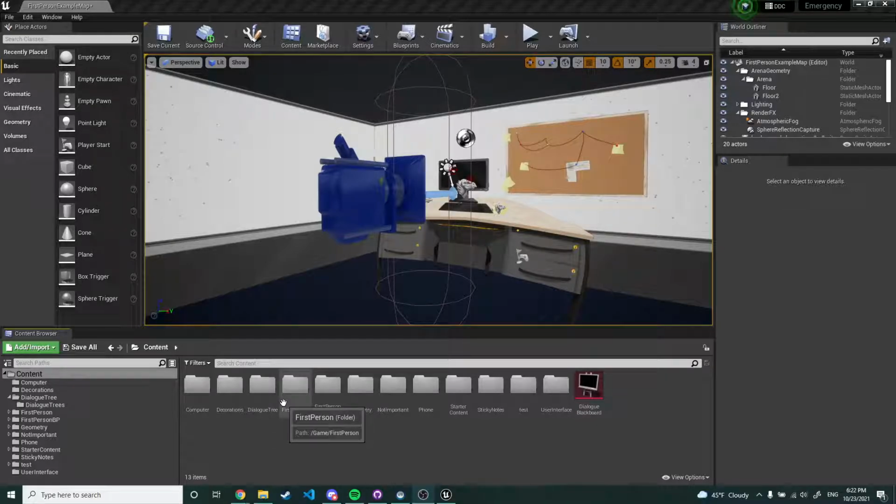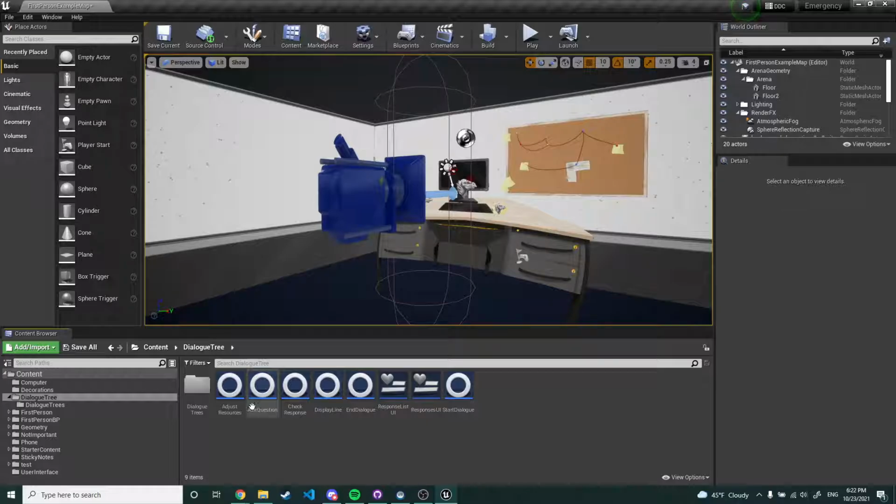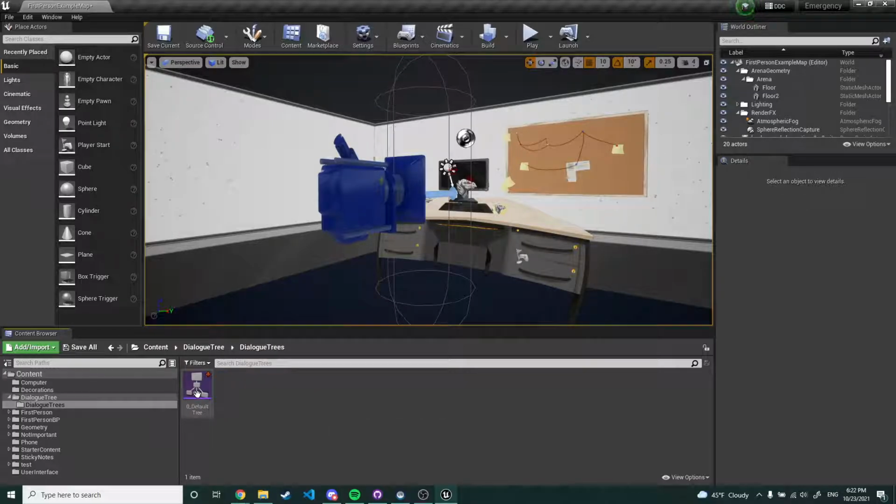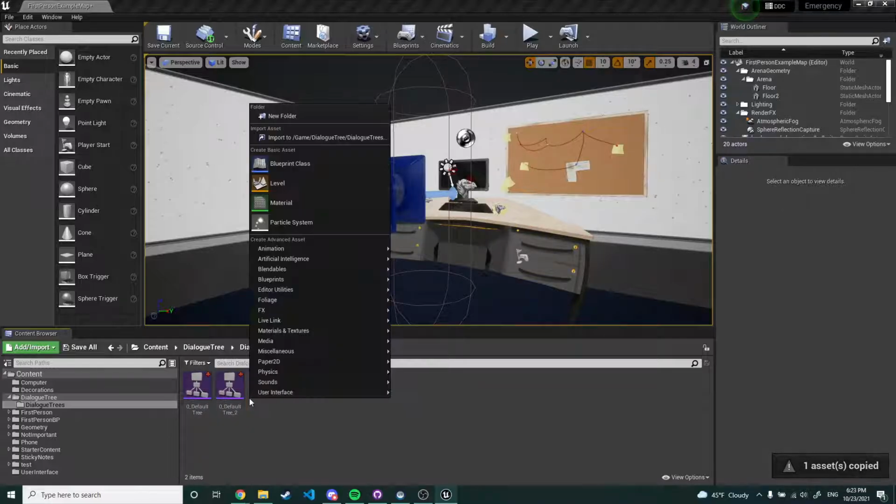Might be a little bit different depending on what we add, but either way, the steps you'll take will be the same. So you're gonna move over here to dialog tree. You're gonna click there, go in, ignore all this blue stuff, and then run into this folder right here called dialog trees. And you'll see right here there's a default tree, and any other trees that you'll create will appear here later too. So this is what you're going to want to copy and paste,